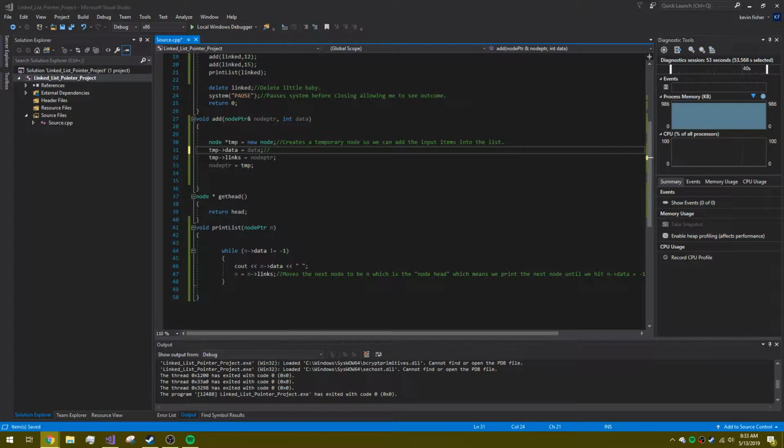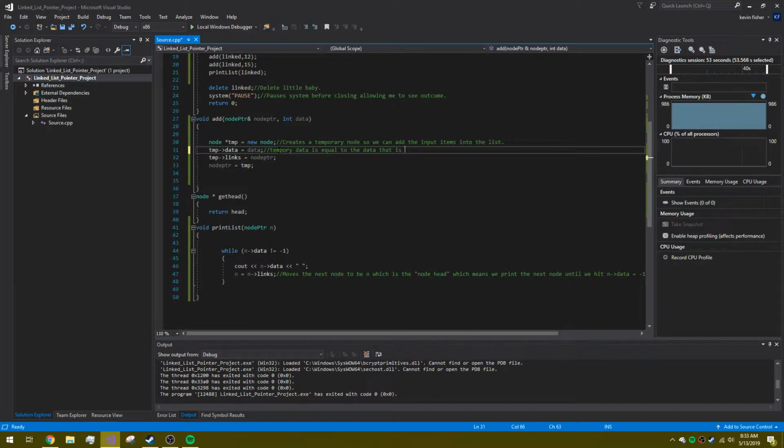Well, it's either a stack or a queue. But yeah. Let's see. Temp.data equals data, which means temporary data